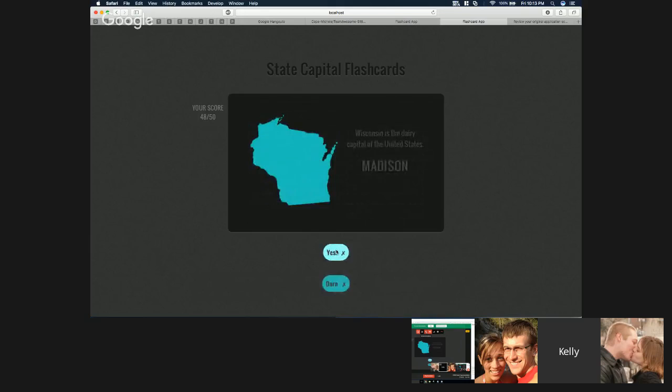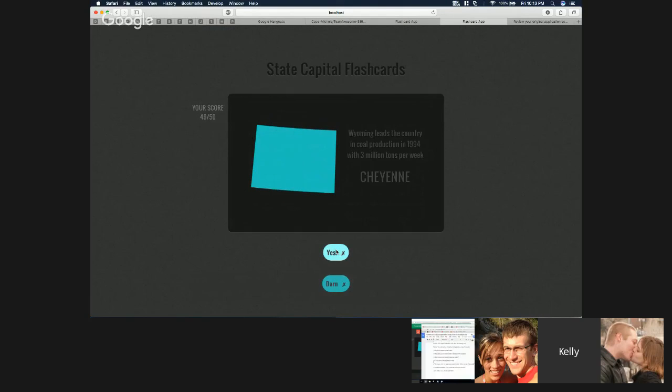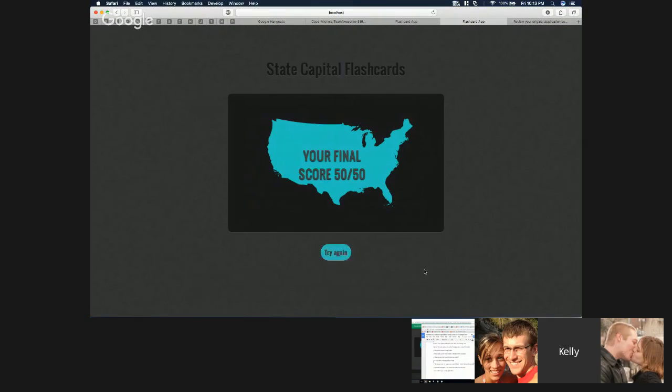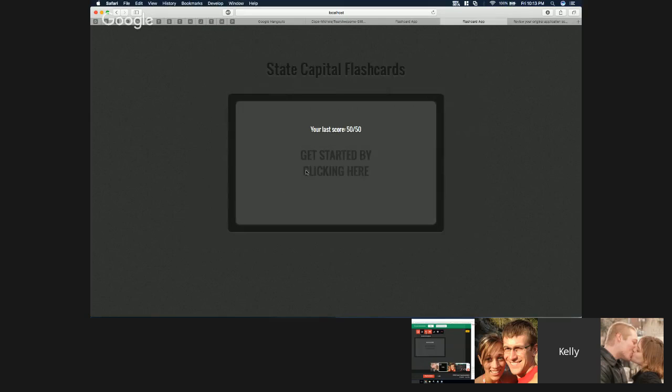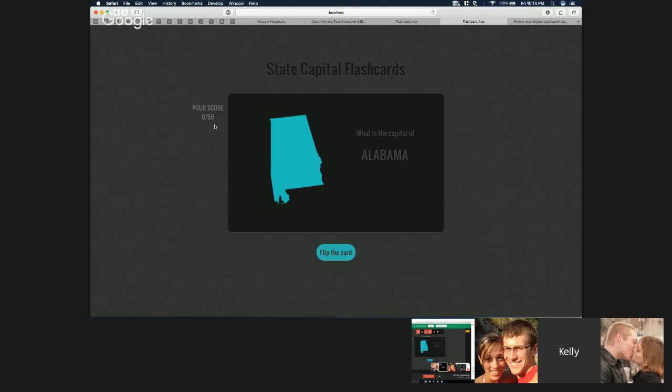All right, as we reach the end here, your final score probably won't be 50 out of 50 the first time, but it's nice to think you're going to get that. So right now it's 50 out of 50 in local storage, and once you press try again, the local storage will reset, and your last score is displayed here. See, it's now 0 out of 50. And that is the collaboration of four teammates who really came together this semester. I'm really proud of this app.